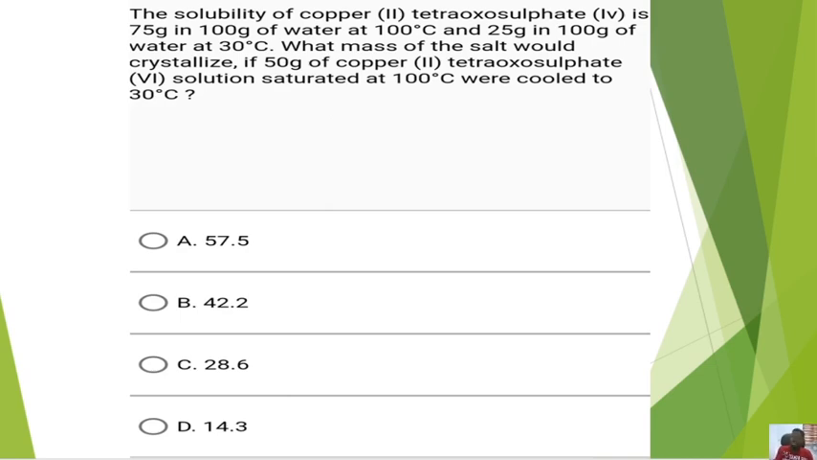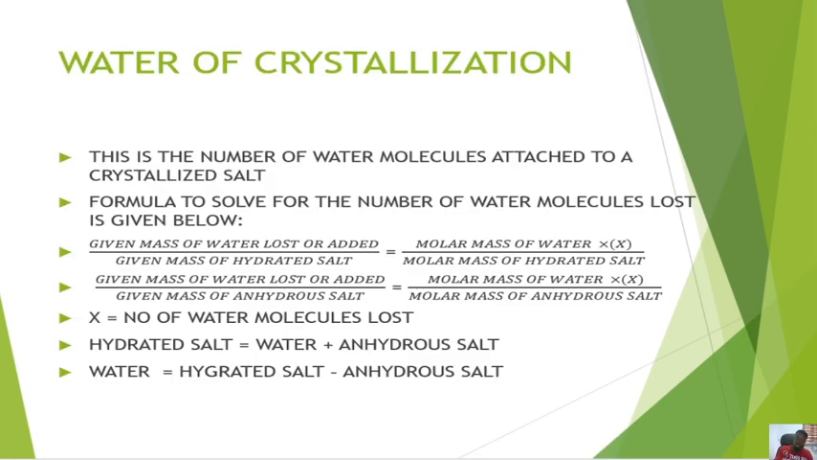Now, before we end this study, every crystal that comes out of a solution, in most cases, usually comes out with a water of crystallization. So we are going to be considering water of crystallization. Water of crystallization is simply the number of water molecules attached to a crystallized salt. So once a salt is coming out of water and is crystallized from water, it usually has a particular number of water molecules attached to it. So you see formulas or scenarios where you have